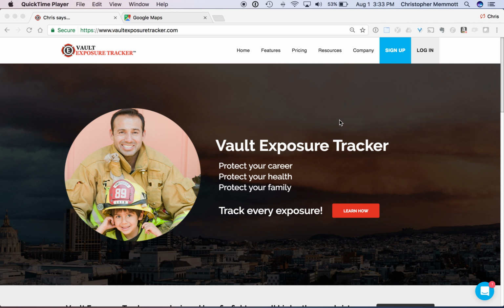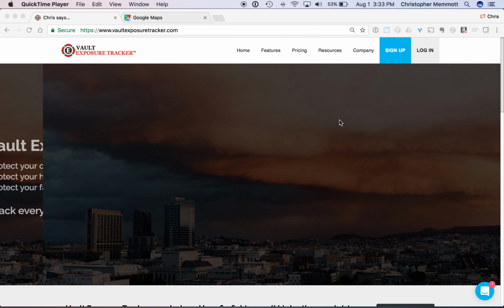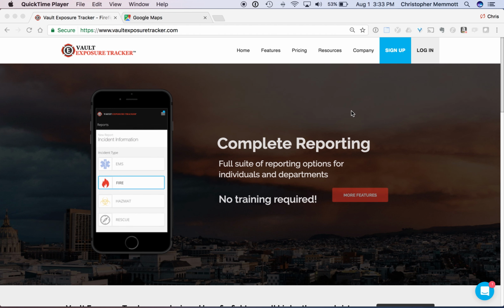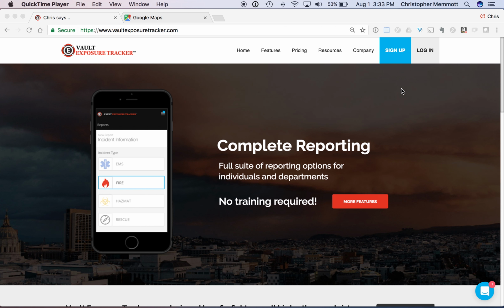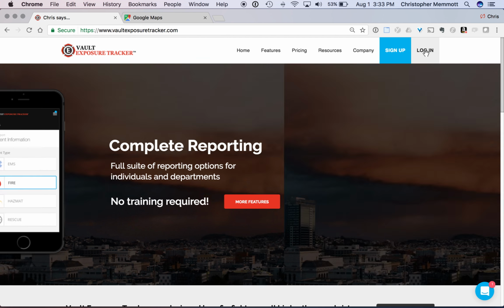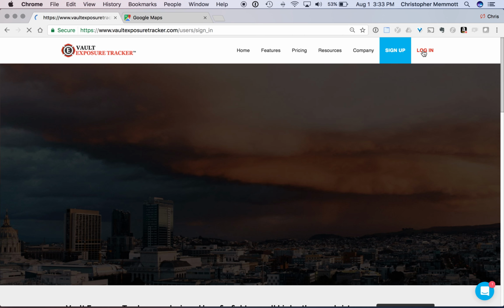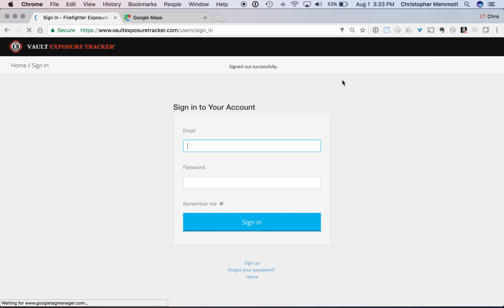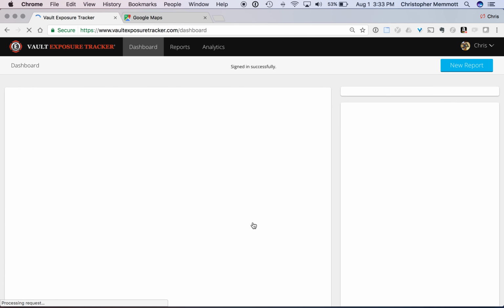It's a very simple system to document every exposure that you get in a line of duty. It's easy to get into the system. You go to vaultexposuretracker.com and click on Login. You can do this from a phone, computer, tablet, any device that's connected to the internet. Just pull up a web browser, go to the sign-in page, put in your credentials, and you can easily access